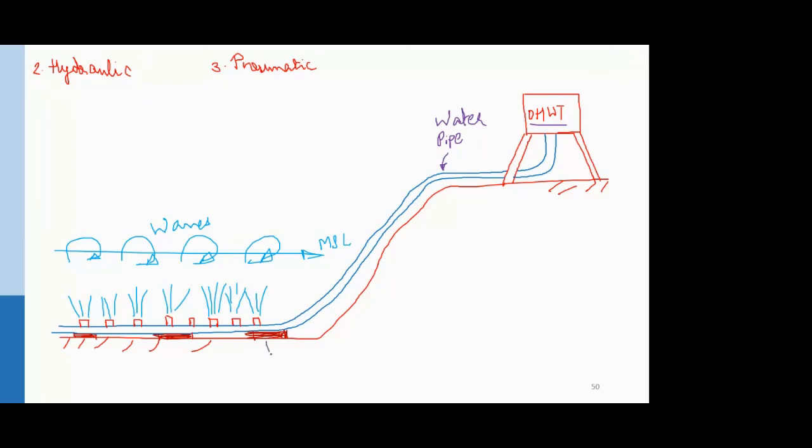So what you see over here, these brown color blocks, these are nothing but the floats over which your pipe is fixed. Okay, and those floats are immersed inside water. Maybe it is placed on the bed itself, or somewhere in between the bed and the water level, but it is below the water level. And then this water pipe has nozzles fitted on the top side. So these red color rectangles that you see are nothing but nozzles.